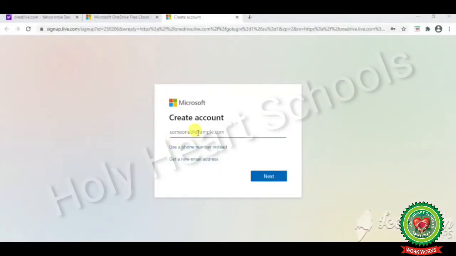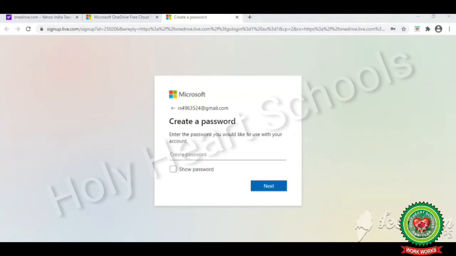Now here type your email ID, like I'm typing this one. Then click on next. Now here enter the password.